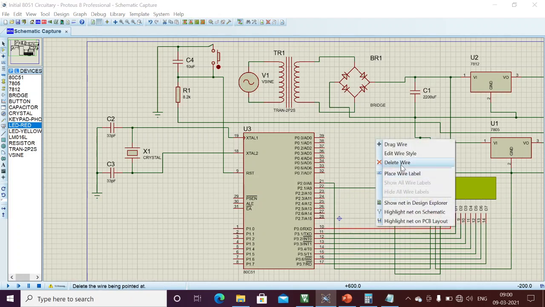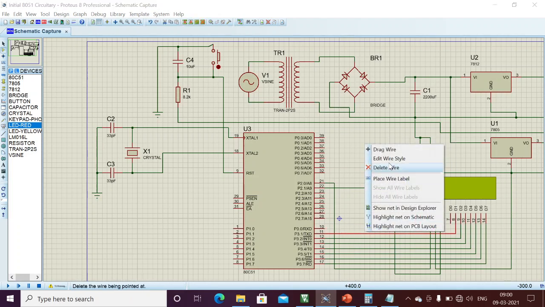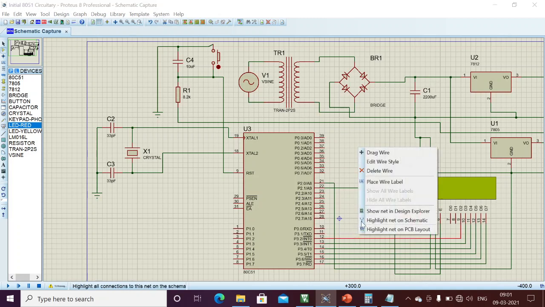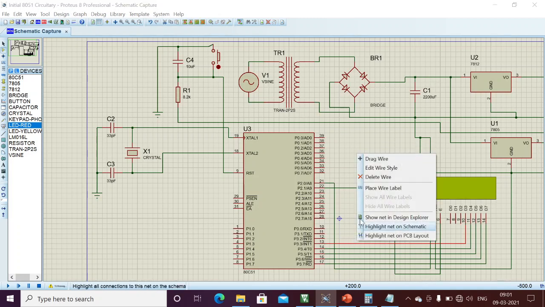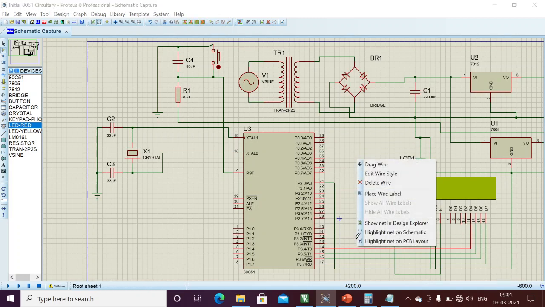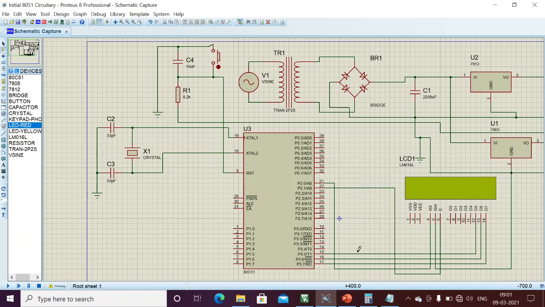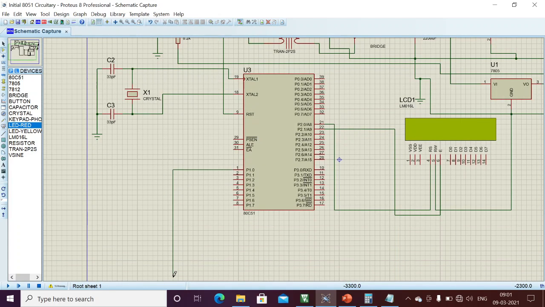Here I am reconnecting the LCD data pins to port 1 instead of port 3, because the 3.4 pin I should use for counter 0 to feed the external clock pulses. That's why I'm deleting all these data pins and connecting them here.